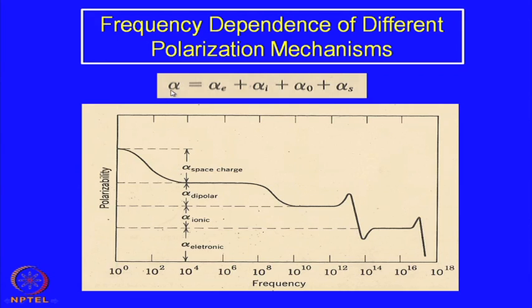And you can also see that total alpha at any given frequency is actually the summation of all the 4 polarizabilities: the electronic polarizability, ionic polarizability, orientation polarizability as well as the space charge polarizability. So, these are the summations of 4 different mechanisms which will give rise to the overall polarizability or overall polarization